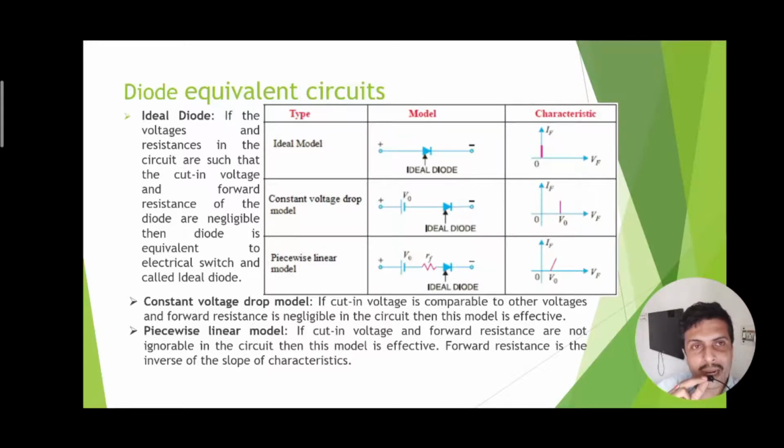But practically we are getting this line as non-linear. It looks like an asymptotic line. So whenever Vf reaches the cut-in voltage, this approximate piecewise linear model shows that there is a linear path through which the diode current will increase for further increase of the forward voltage. Therefore, the resistance of the diode under forward bias can be determined by the inverse of the slope of this small straight line.